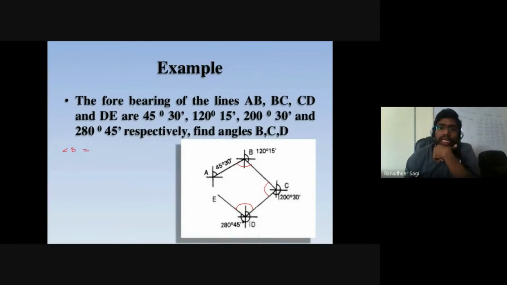Now if I want to calculate the angle at point B, first let me understand which lines are there at that particular point B position, that is, at station B. So what is the direction of my traverse? A to B, B to C, C to D, and D to E. So this is our direction of the traverse. Once we understand the direction of the traverse, it becomes easy to understand which is the forward line and which is the backward line at a particular station.